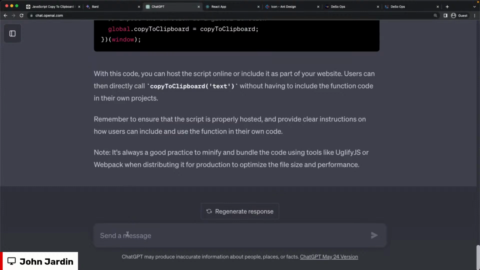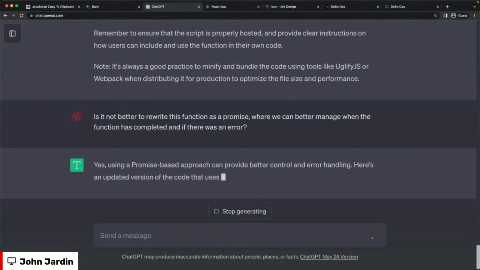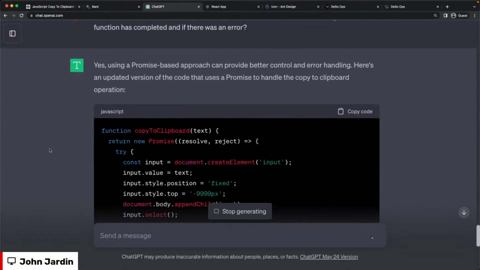What I'd like to know is, is it not better to rewrite this function as a promise, where we can better manage when the function has completed and if there was an error. So thank you, much better. Because